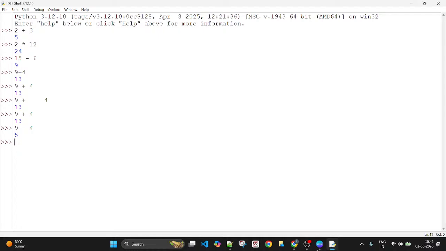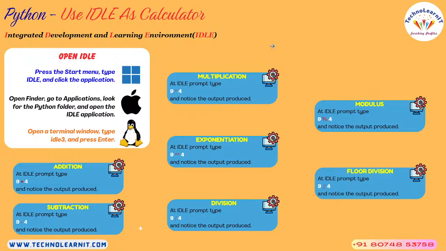Did you write any Python program so far in this session? No. We did not write any Python program yet. However, using the IDLE feature, you can perform such arithmetic operations. That is the conclusion. You needn't write any Python program to do such simple operations. IDLE allows you to quickly interact with the Python language and it can produce the result. We tried addition, we tried subtraction,